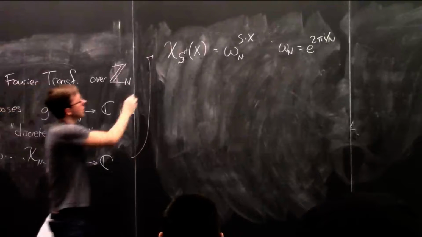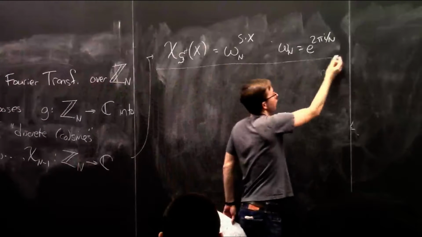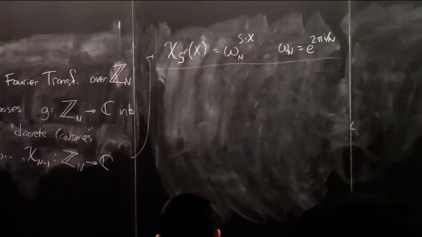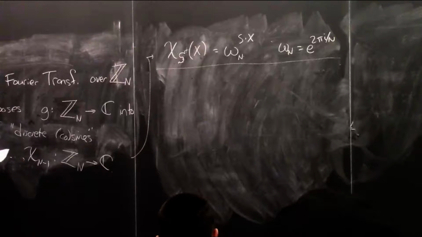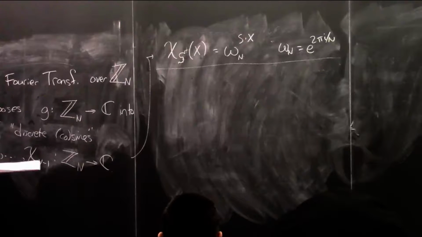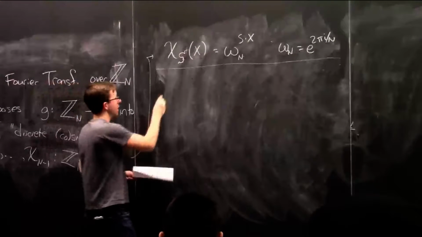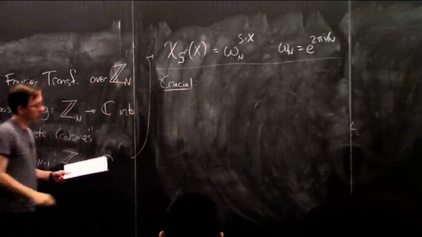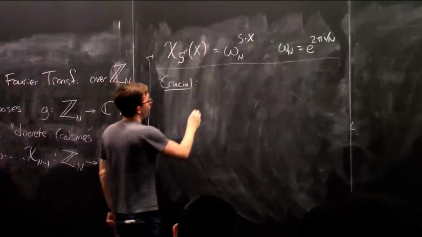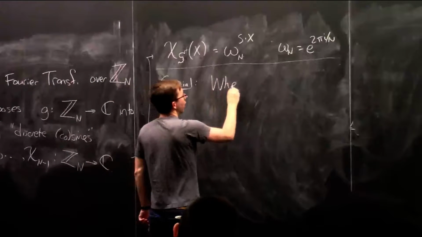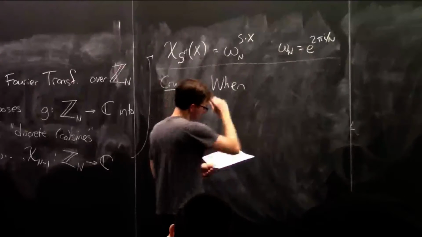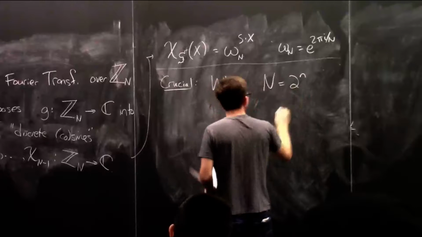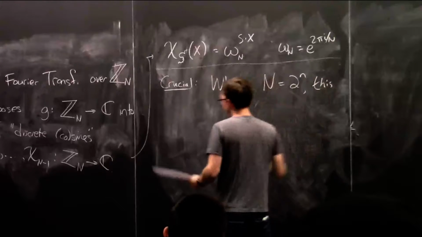And so this is the classic Fourier transform that's usually used to detect periodicity patterns in vectors. We'll talk about this more in this class and next class. But what's crucial about it in the setting of quantum, which was just like what was crucial about the Hadamard or Boolean Fourier transform, is that you can compute it efficiently with a quantum circuit. So, where capital N is a power of 2, this Fourier transform